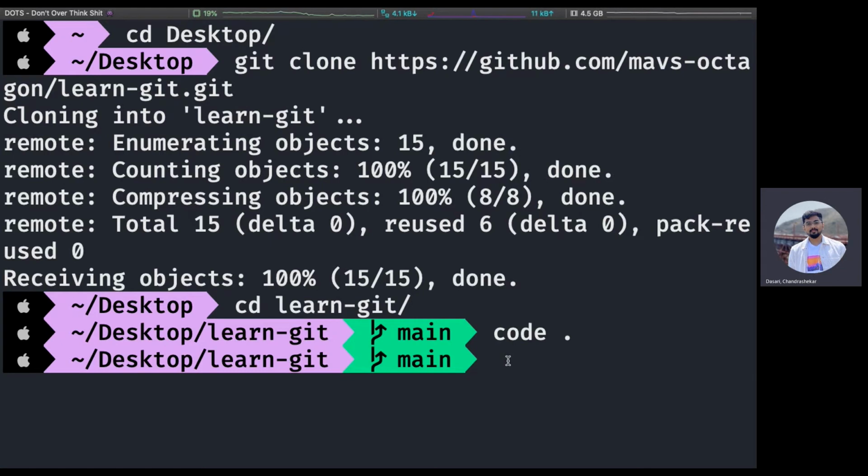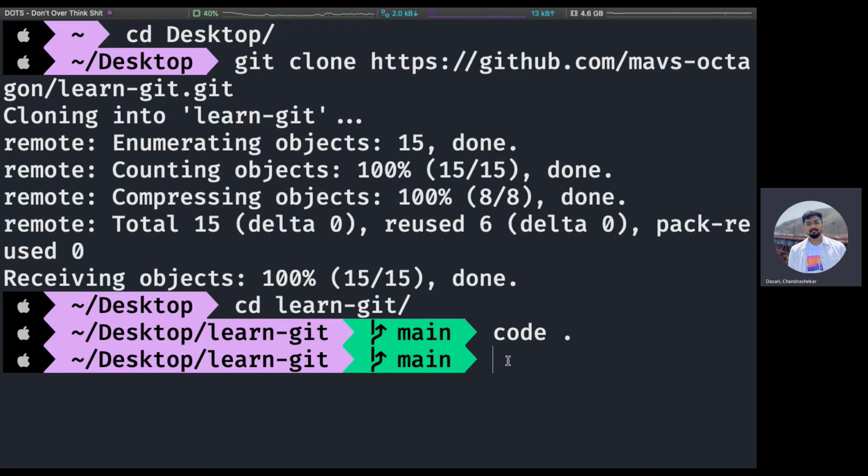Okay, so you should be able to see it. Going with cd goes one folder back.